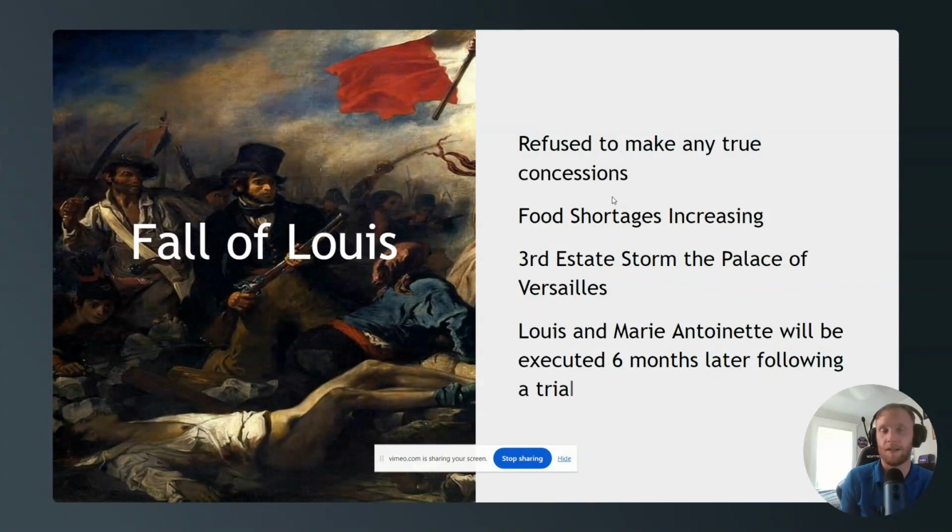There's bread riots, and when people are hungry for more than 3 days, I've told you, they will have a revolution. So what happens is women go on, and it's mainly women, had a bread riot, and they continued, and they stormed the Palace of Versailles, and they took out the entire royal family and brought them to what is now known as the Louvre, and they held them in the Louvre in Paris.